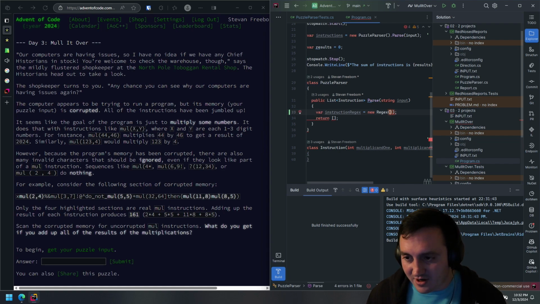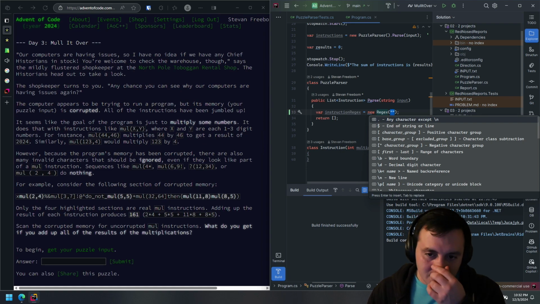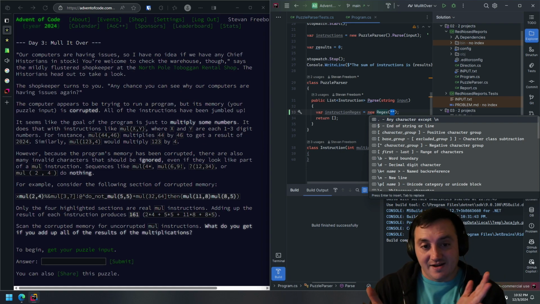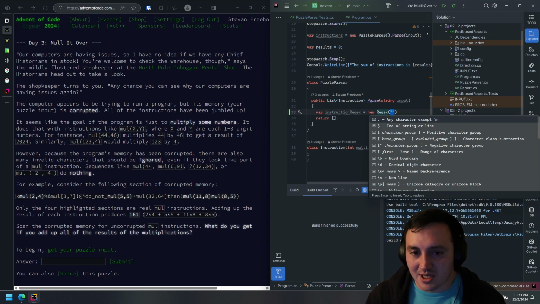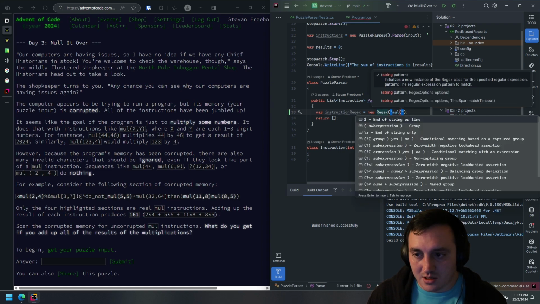So we definitely need to add a using System.Text.RegularExpressions. And our regex, instruction regex, is going to look like this. It's very literal because I said we can ignore basically anything that doesn't have that shape, and the shape should always be MUL